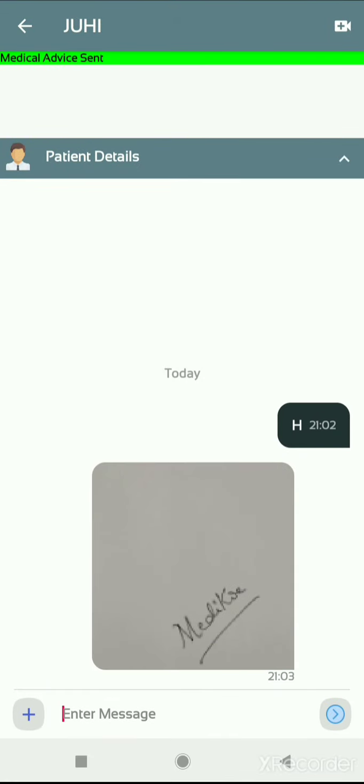Now the PDF is generated. Again, email and notification will go to the patient.